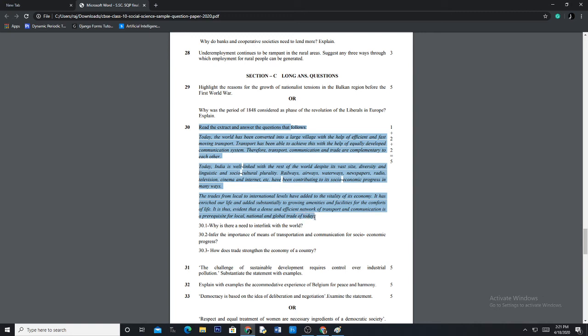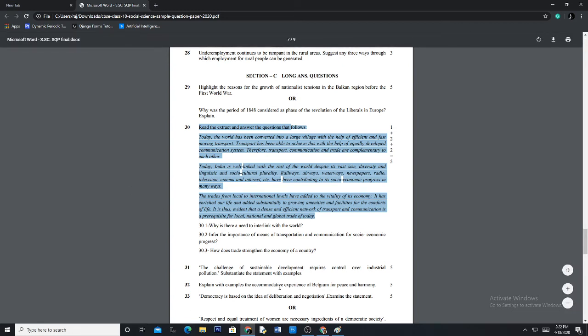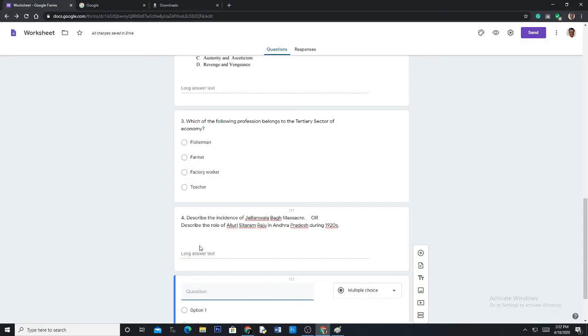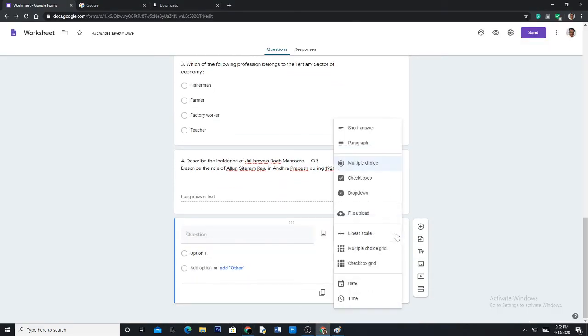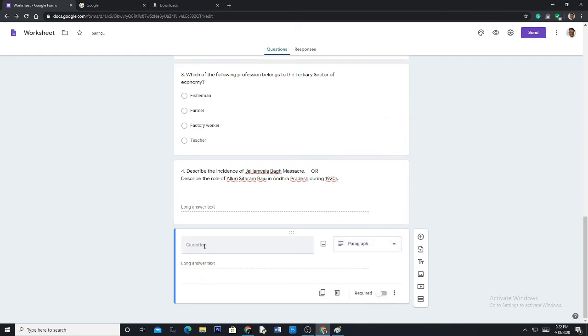You just copy this, Control C. In fact, I'll copy this complete thing. Copy, and finally I'll go there, and I'll make it a paragraph. Then I do a Control V.